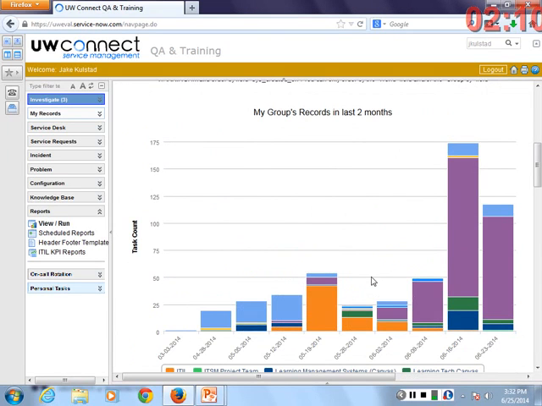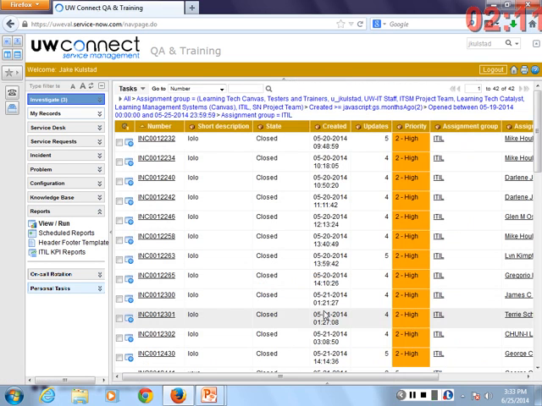So if you were to scroll down, you can see a report that displays 2 months worth of data on a week-by-week breakdown. It shows all of the records in all of my assignment groups split out by assignment group. So this is what my manager used to say: let me know what our ticket data looks like. What's our volume like? And I don't have to write reports anymore. He can just go look at them for himself. Sadly, he's no longer my manager, but that's irrelevant.